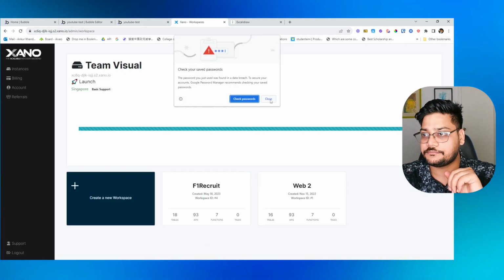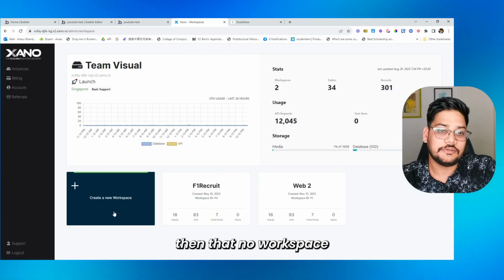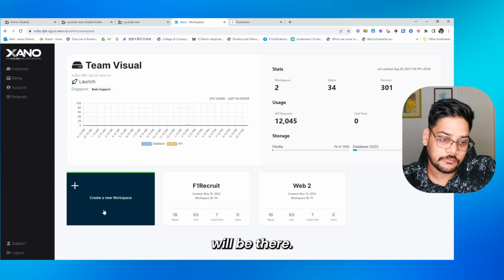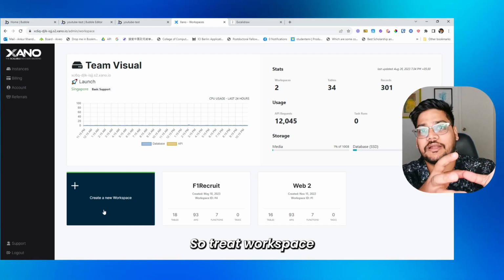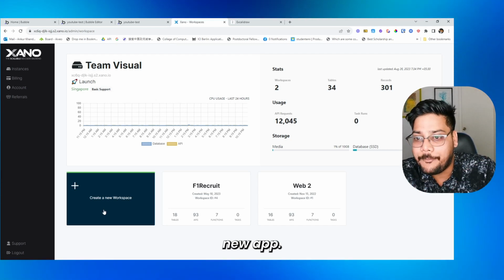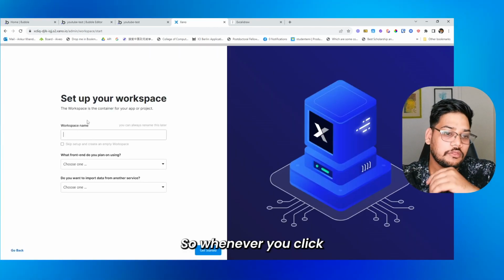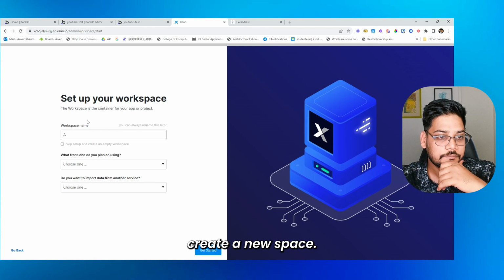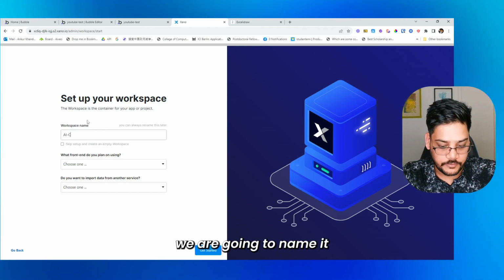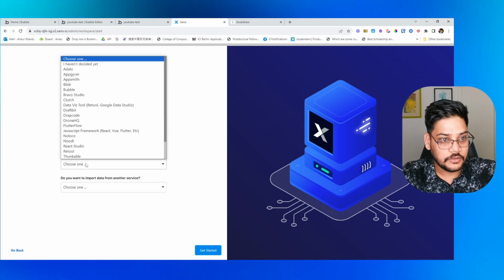Click on login. If you have a new account, then no workspace will be there. So we will create a new workspace. So treat a workspace as a new app. Whenever you require a new app, you will have a new workspace. So whenever you click on this create a new space, just give it a name. So in our case, we are going to name it Chef,